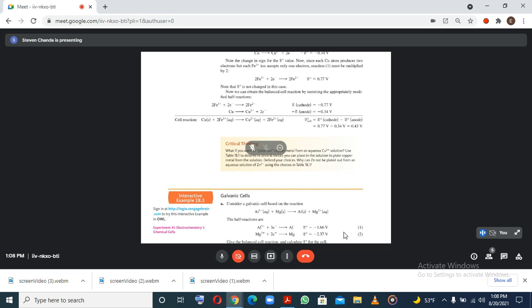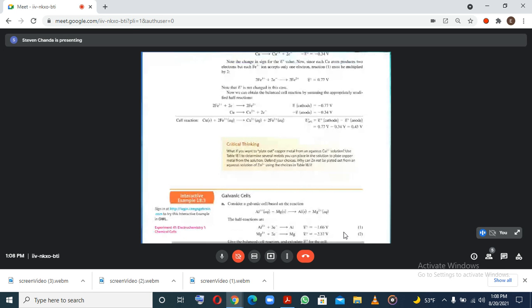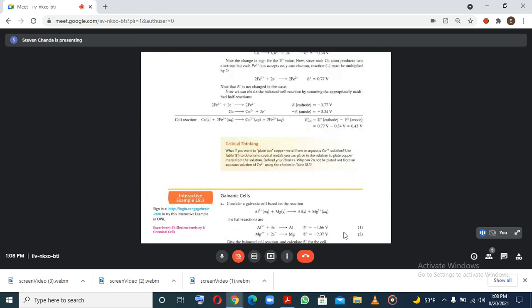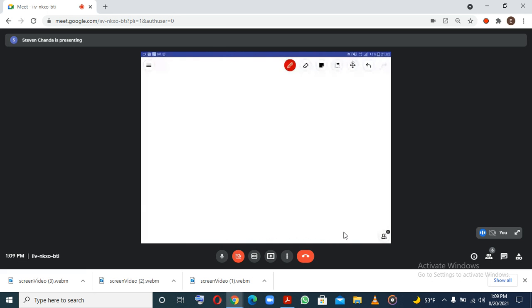So, we're just basically going to build up from what we discussed yesterday. So, let's look at this question. Interactive example 18.3. Consider the galvanic cell based on the reaction. Actually, okay, let's do this. So, the reaction of interest is what? The reaction of interest is